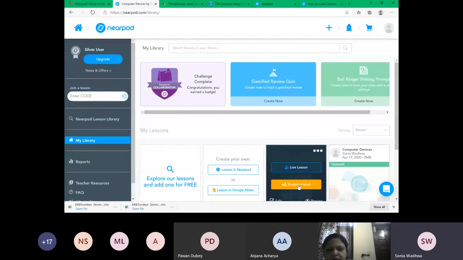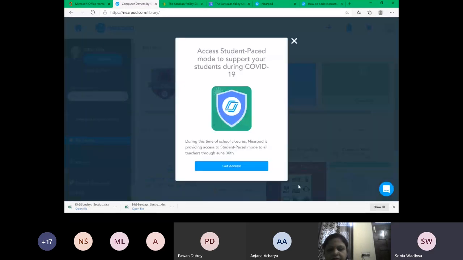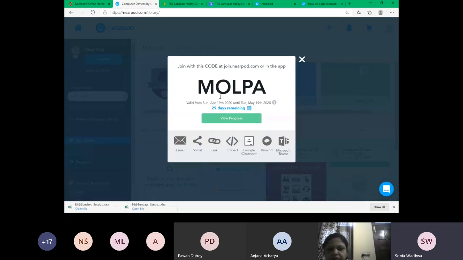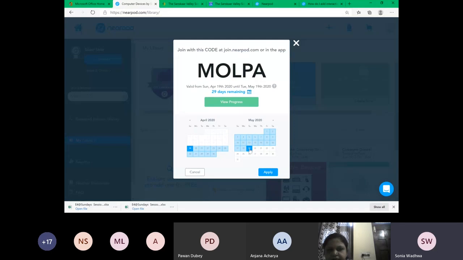the code now starts from M. Are you getting it? The previous code was starting from F. So my code has changed. And by default, it has 1 month validity for a self-paced lesson, but you can click on the calendar and set the deadline. So the 19th April lesson was assigned. It will be active by default for 1 month. You can increase the date or decrease the date.